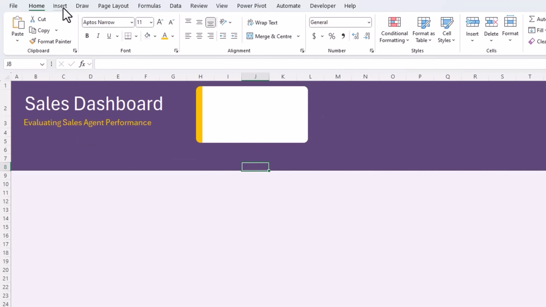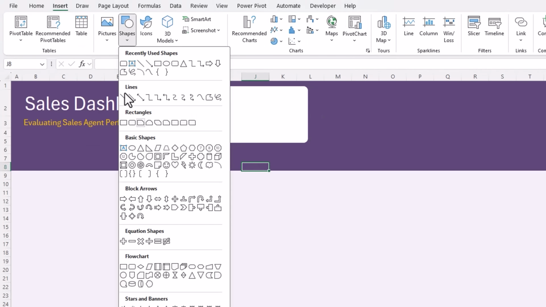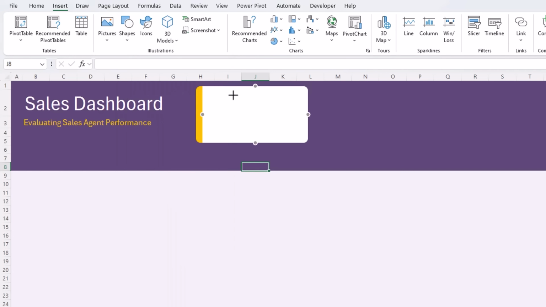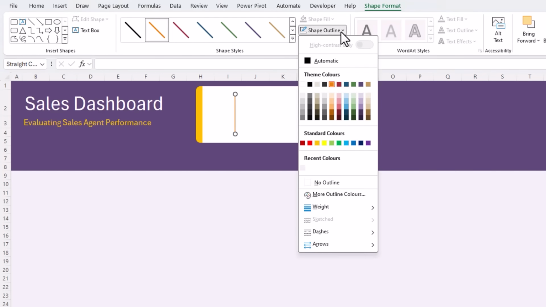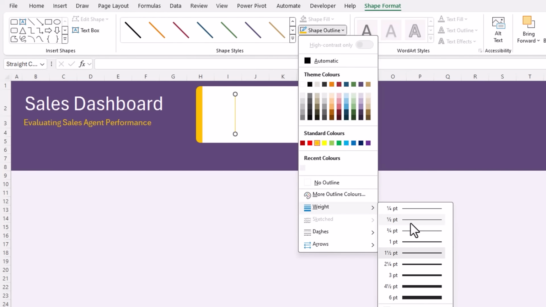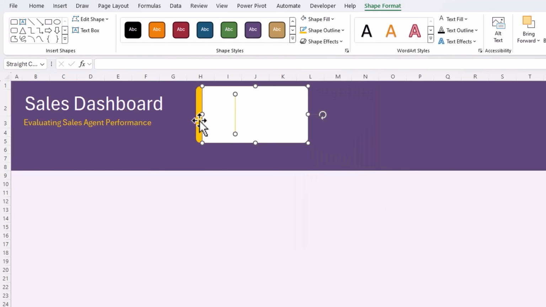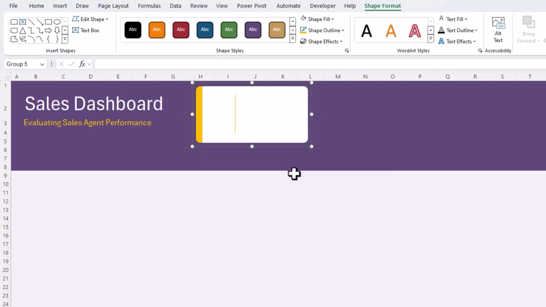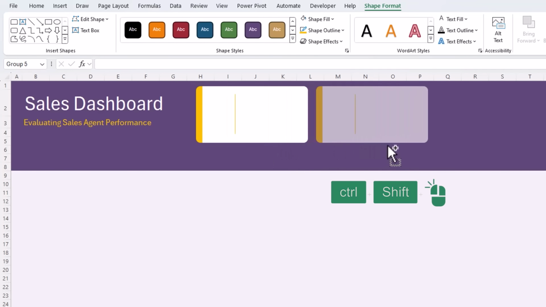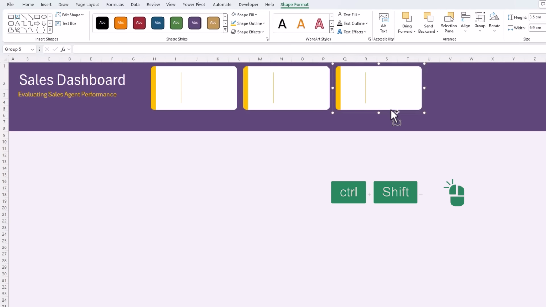Alright, next I want to insert a vertical line, and this is just going to divide my value and icon in my KPI placeholder. Let's change the outline to this gold color, and we'll change the weight to just a half point. Right, let's hold down Shift and select the shapes, right click and group them together. That's just going to make them easier to move around. With it selected, holding Control and Shift, I'm just going to copy it 3 times by left clicking and dragging,